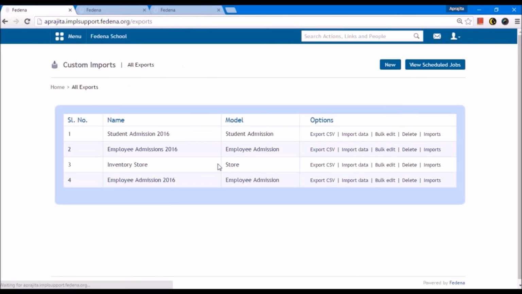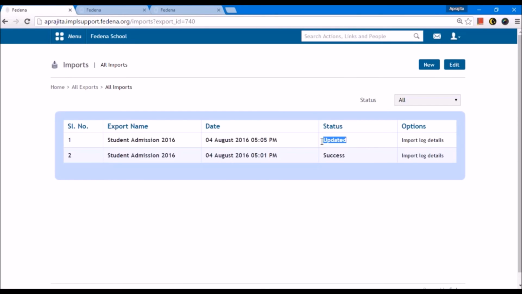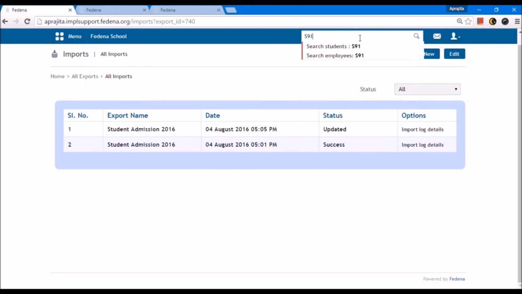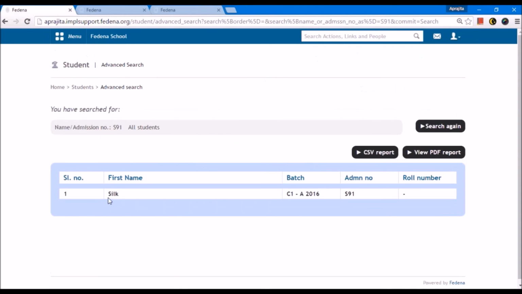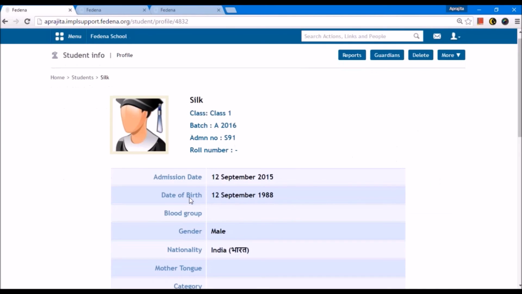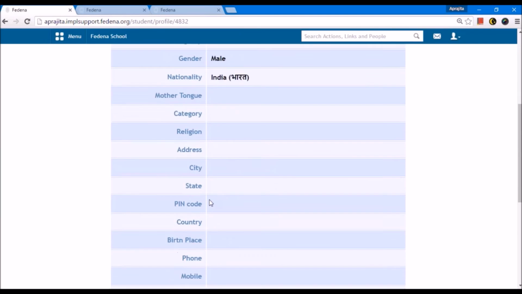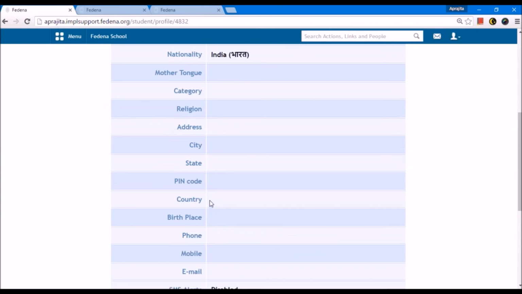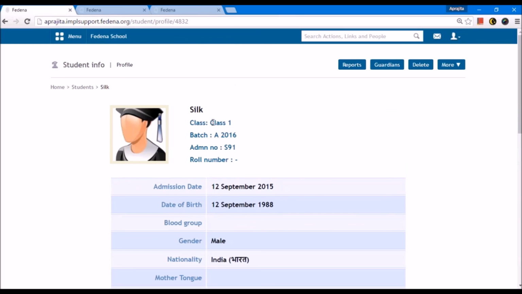Now we can go and check the status. Again, to check the status of this bulk edit, I will go to imports and I can see it says updated. So let's search that student and check the profile. So here I have changed the gender to male and also updated the batch to class 1A 2016.